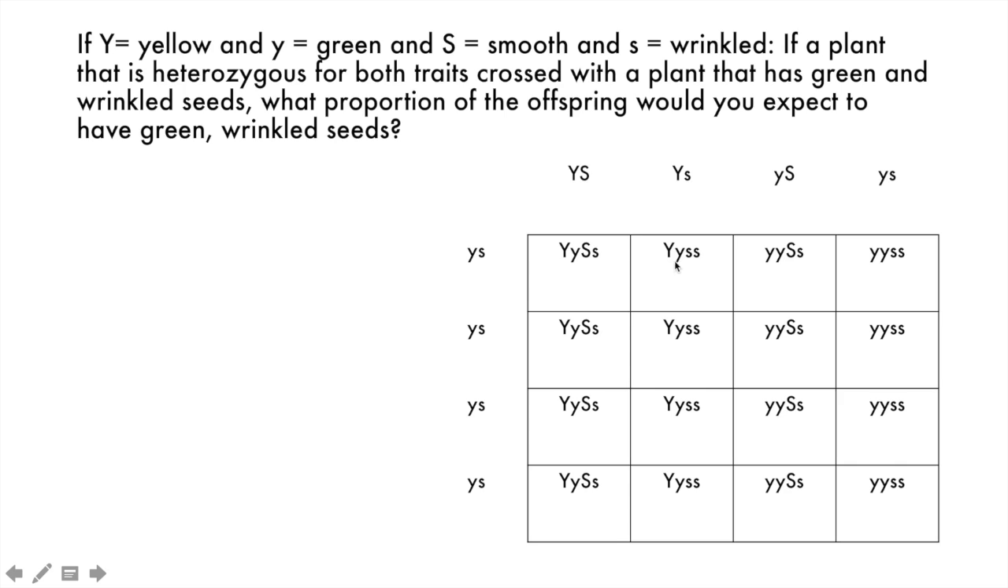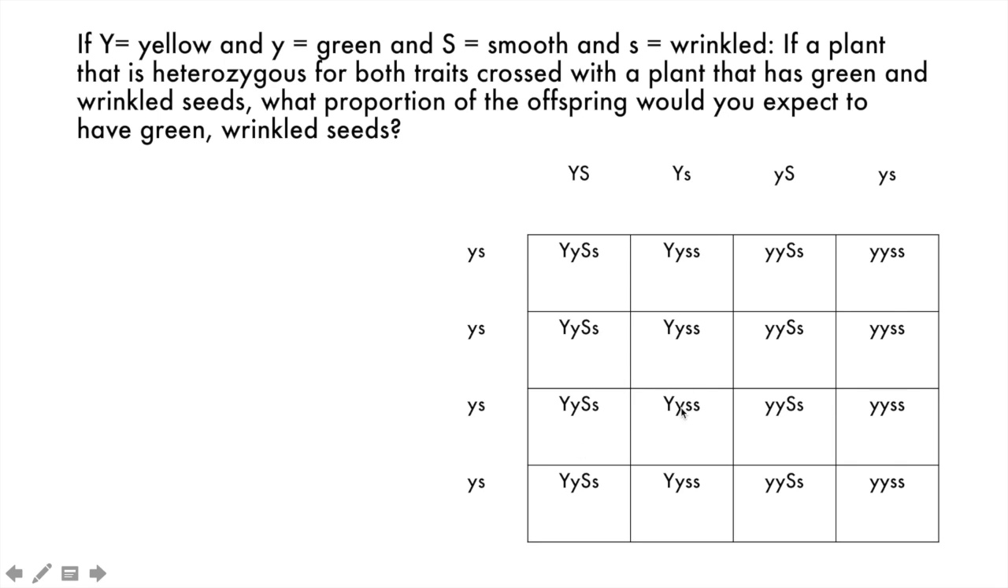Big Y, little s, little s, little s. So these are going to be yellow and wrinkled. Little y, big S, little s. These are going to be green and smooth. And then little y, little s, little s: green and wrinkled. And you can see that because all 4 of these are the same, the pattern is